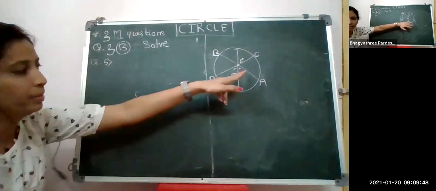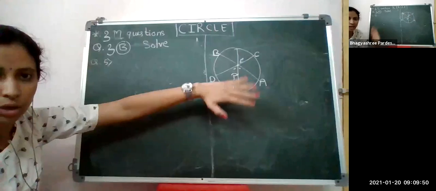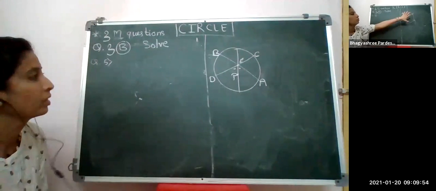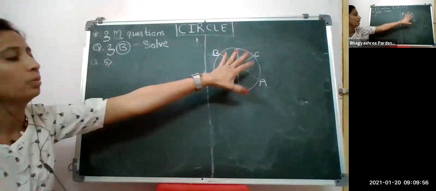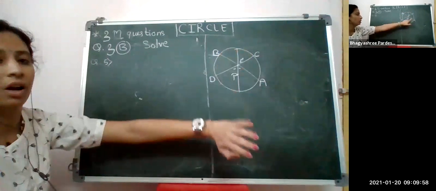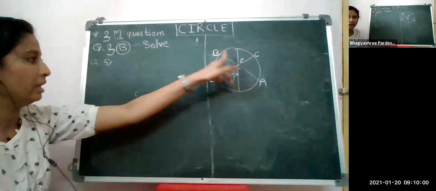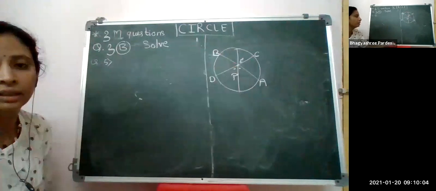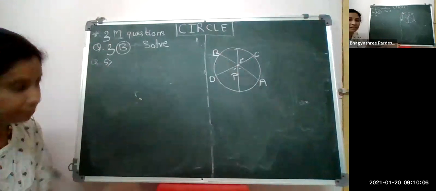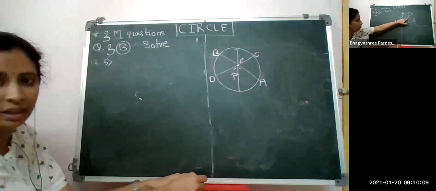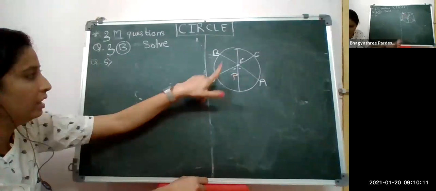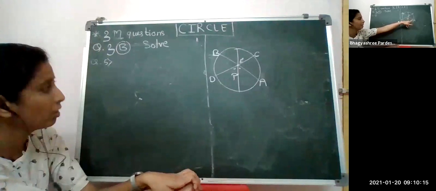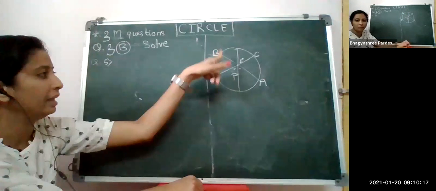This P is actually the center. I've written it here downward, but this is actually the center of a circle. So what it says: we are given two different chords, AB and CD. These are the two chords which are intersecting at the point E. Then this is the diameter and P is the center of the circle. That is, these two angles, PED and AEP, are equal. So what do we have to prove? We have to prove that AB and CD are equal.